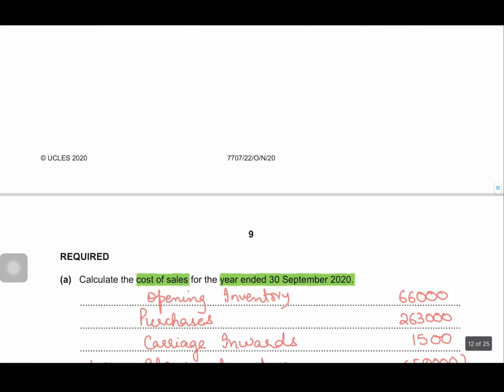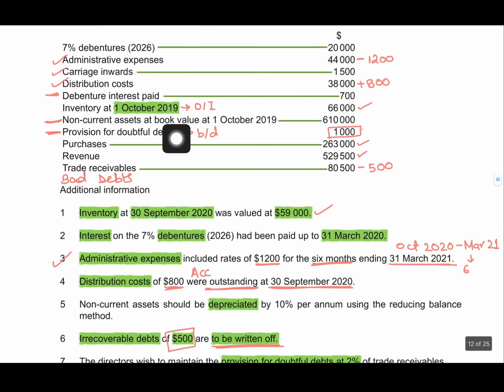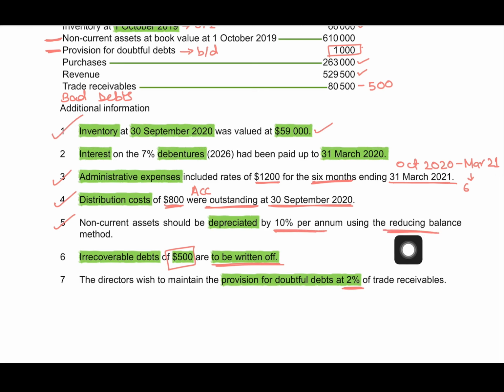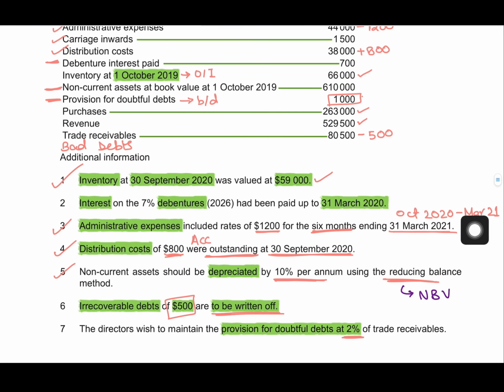Next, we have provision for depreciation, right. You remember there were non-current assets given to us at net book value, the opening ones, and in adjustment number 5 it says non-current assets should be depreciated by 10% using the reducing balance method. In the reducing balance method, we charge depreciation on the net book value, and the non-current assets figure given to us in the list of balances is already at net book value, right. So, you will directly apply the percentage rate on this one, that is 610,000 multiplied by 10%, and that would be